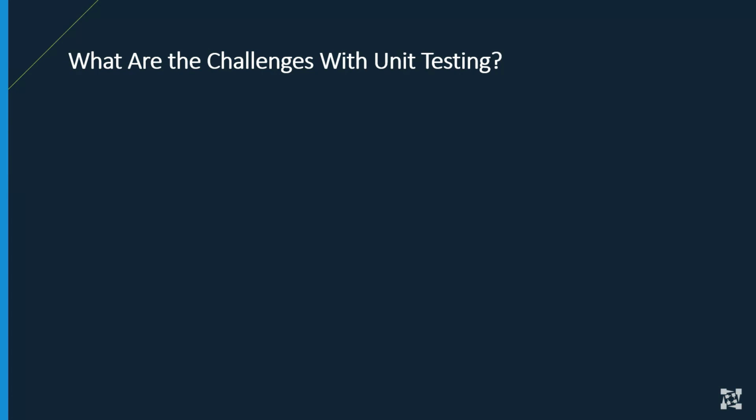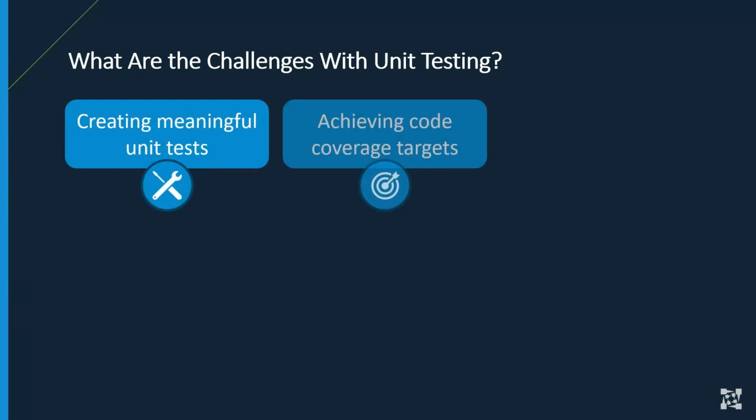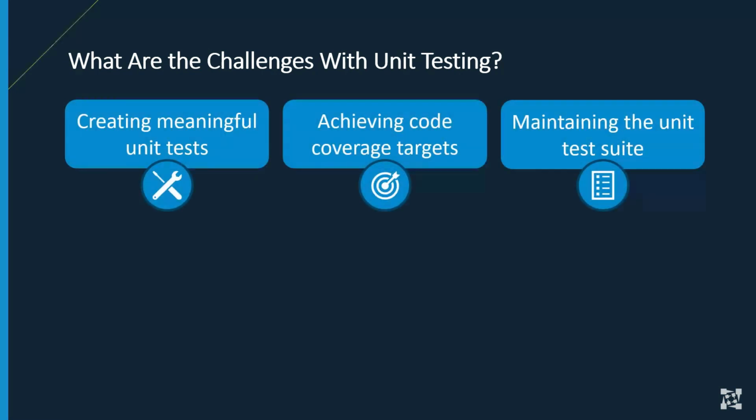What are some of the common challenges of unit testing? Well, first, the tests that you're creating need to be high quality tests. Your goal just cannot be to drive high coverage. The tests have to actually catch problems by verifying the behavior of the code. Second, achieving code coverage targets can be challenging. When your application does have a high code coverage requirement, meeting that coverage number can be daunting and time consuming. Third, the maintenance of the unit test is another burden. You don't just create a test and you're done. When code changes, those changes will trigger test failures that require maintenance to ensure they reflect and validate the current